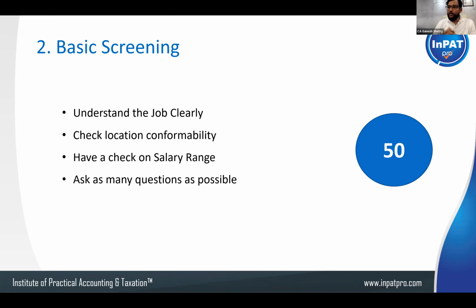Sir, you have mentioned 15,000 salary and I'm expecting 18,000. Is it possible? The range is possible. I'm expecting around 18 to 20,000. Sir, is it possible? With a genuine gesture, you have to ask, sir, is it possible, when this basic screening is happening. You should clearly get the idea.